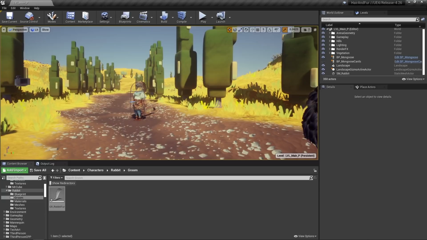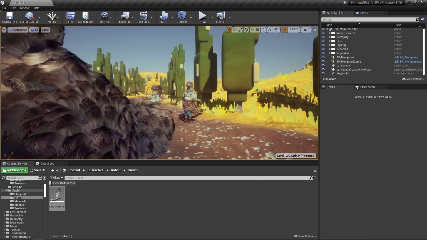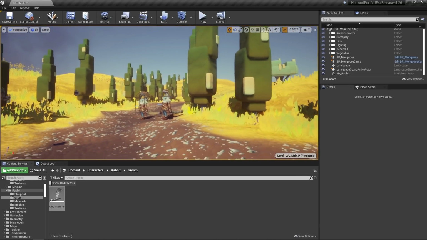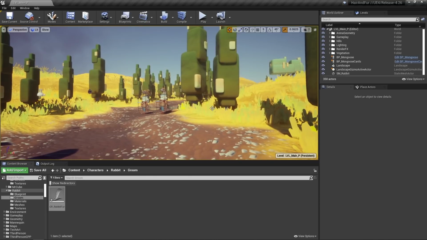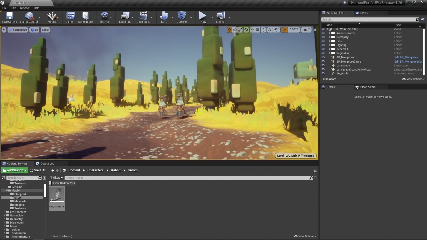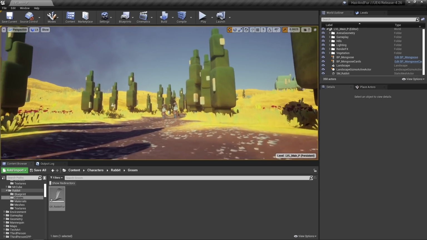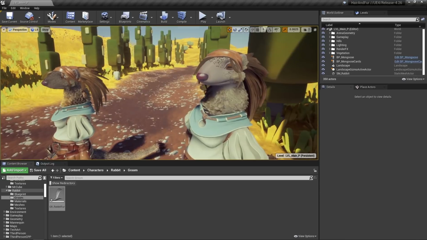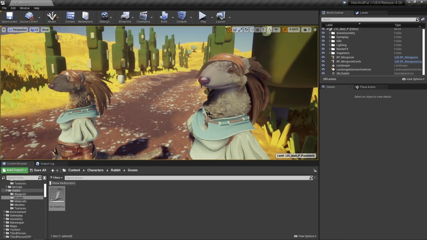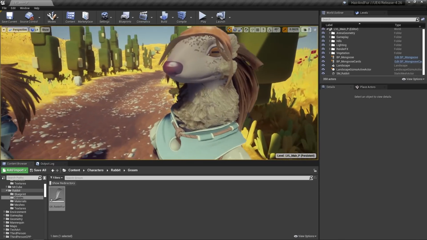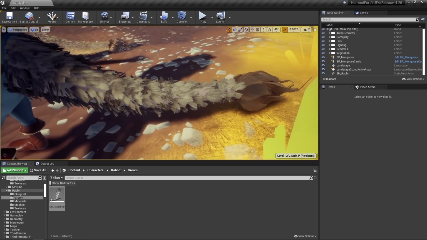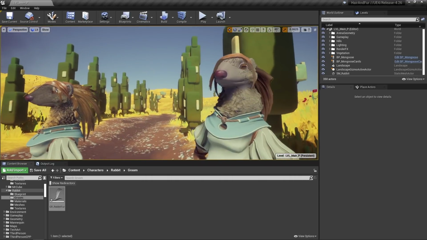So, if I unhide this other version here, the one on the right has the LOD bias to always show cards. And the one on the left has the system working depending on distance. As you can see, those cards have been generated by the engine, and let's have a look at what different settings we have for that.